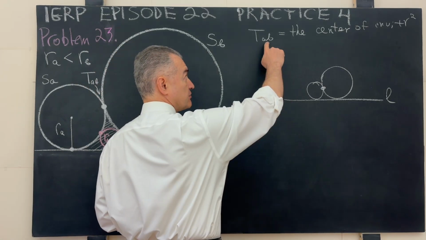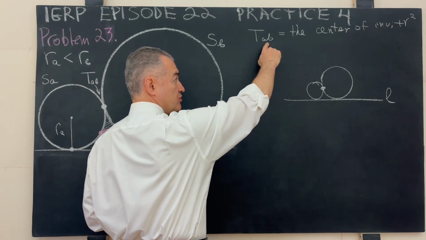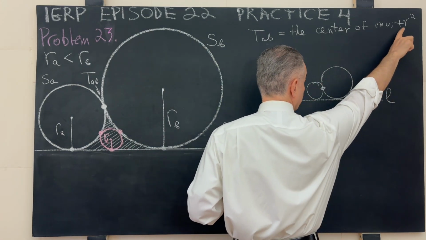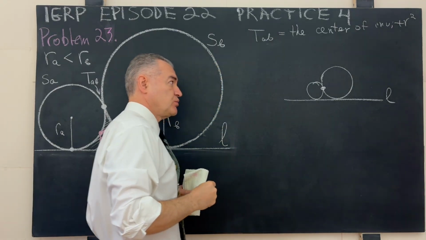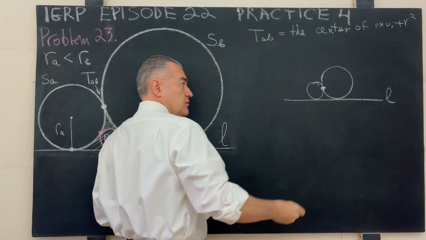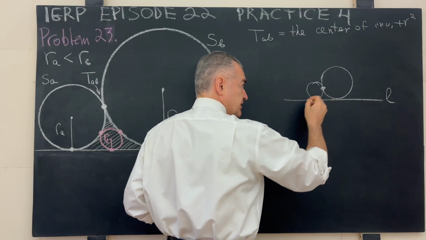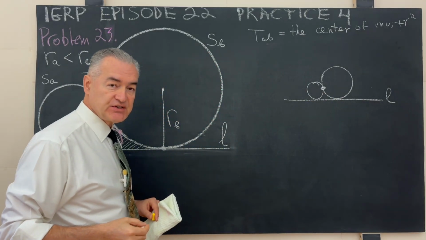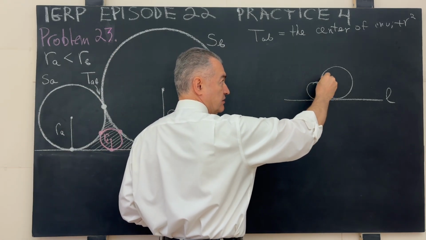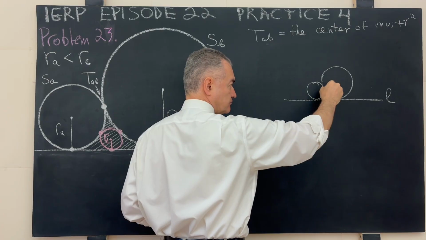The only thing that is relevant is the center of inversion, the point of the external tangency of these two circles, and the power of inversion, which is positive, and we have plenty of information to go on. The angle between these two circles is the angle between their tangents at the point of contact, because the common